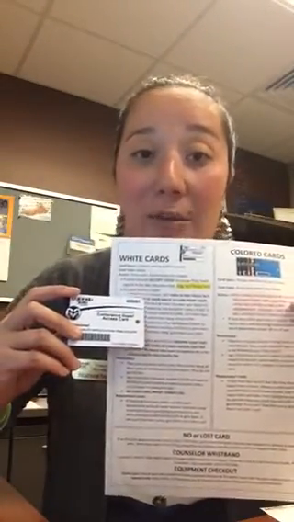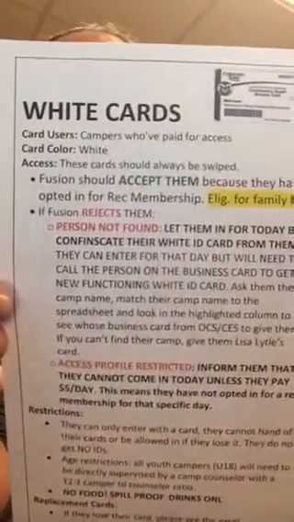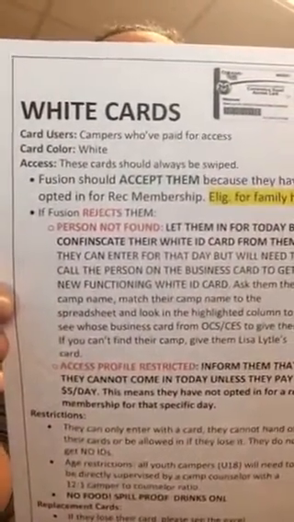Now, there could be 2 instances where this card would reject. And it's literally written right here. Up here, which is person not found, and down here, which is access profile restricted. Up here, person not found, what we want to do to handle this is basically say that the person isn't found because A, their card is broken and isn't working, the mag strip has been demagnetized, or B, they're not in our system, which could happen but shouldn't happen hardly at all this summer. You might see a lot more of the demagnetized strip not working.